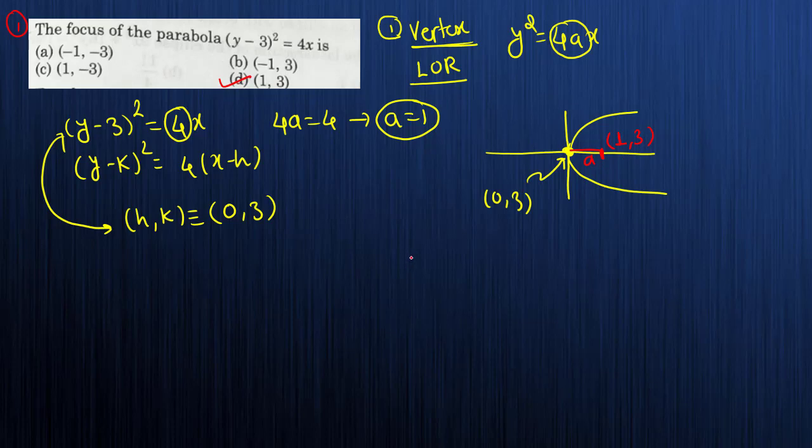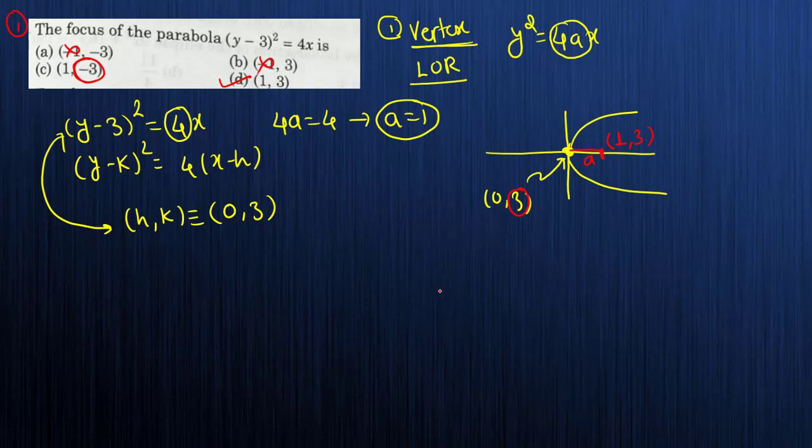We have not used a single formula यार, सिर्फ फिगर के बेसिस पे हम लोग क्वेश्चन को सॉल्व करेंगे. ओके, वेरी गुड. देखो भाई ऑप्शन भी एलिमिनेट कर सकते हो, once you know that a is equal to 1. देखो ये ऑप्शन और ये ऑप्शन चला गया. Now there is no chance to get y is equal to -3, क्योंकि वर्टेक्स का कोऑर्डिनेट 3 है ना, -3 तो है ही नहीं. So the only correct answer is D.